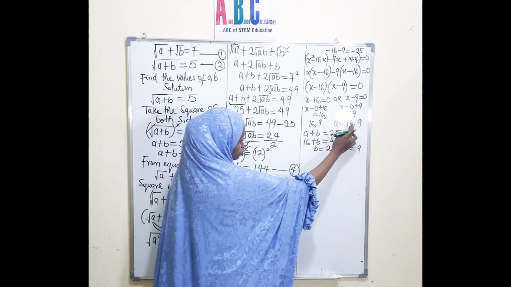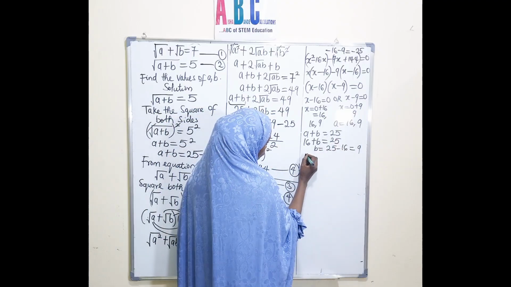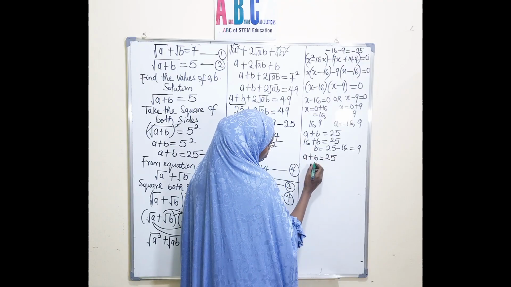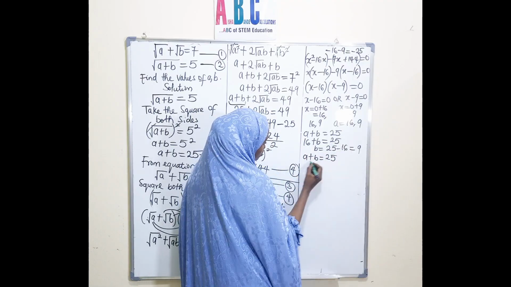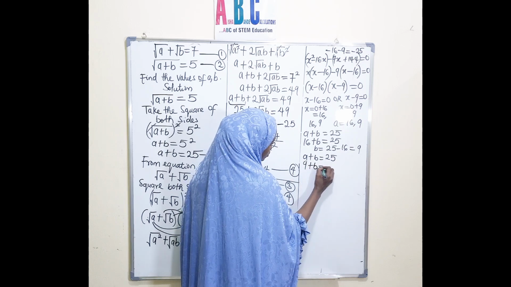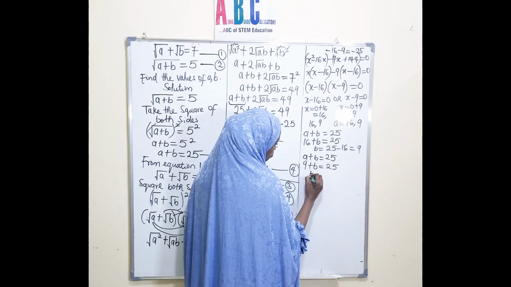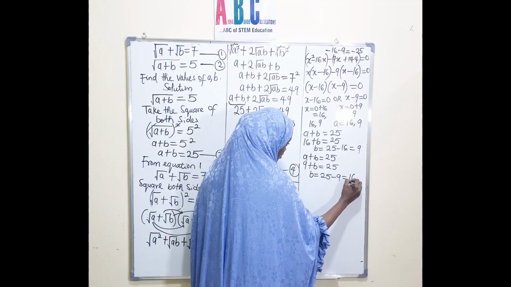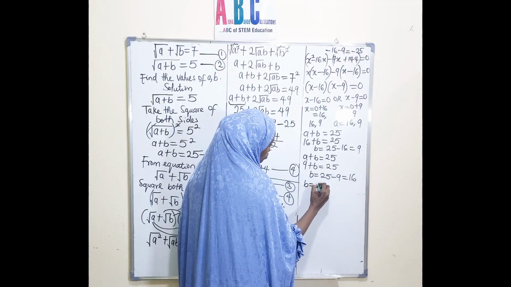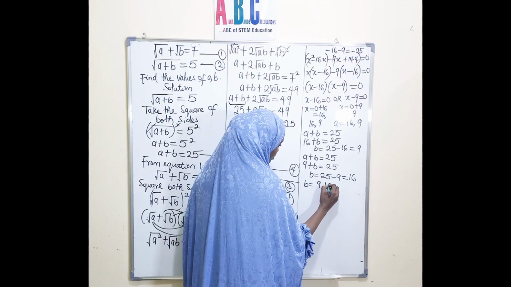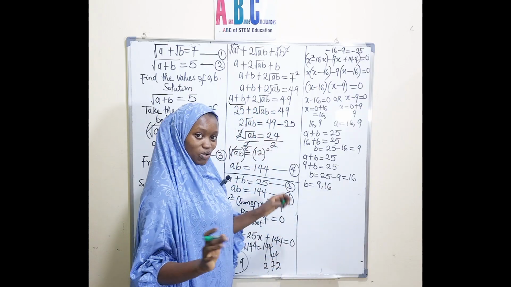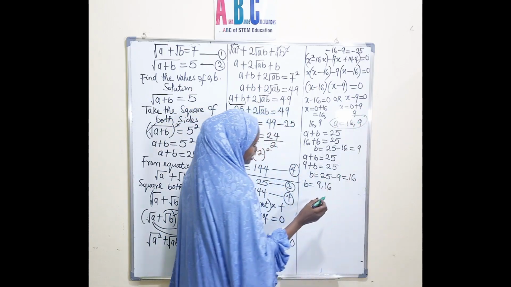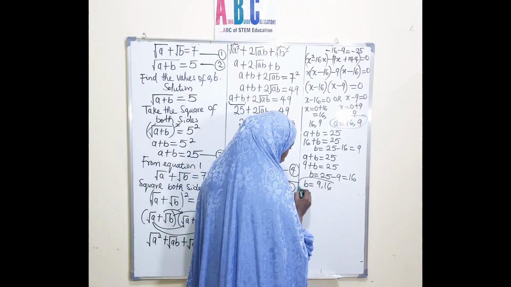Okay, so let me also substitute for A equals 9. So this becomes A plus B is equal to 25. So I want to substitute for A equals 9. This will be 9 plus B is equal to 25. So B will be equal to 25 minus 9, which is equal to 16. So I have the value of B to be 9 or 16. So now we've gotten the values of A and B. A is 16 or 9, and we have B to be